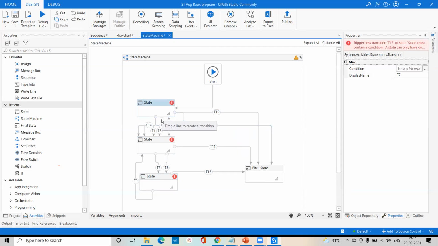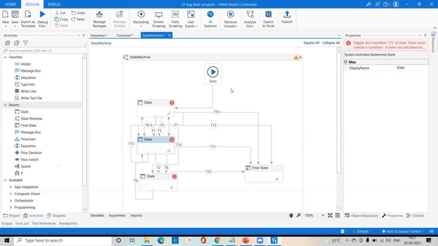From one state to another state, we can go either forward or reverse. Reverse is possible in a state, but if you come to the final state, we don't have any reverse transition. So you are able to understand multiple things here. In a state machine, we have two things, state and final state. For state, we can take unlimited, 1, 2, 3, 4, 5, whatever. Final state, in one program we can take only one.